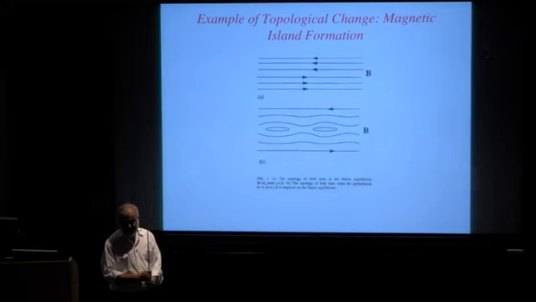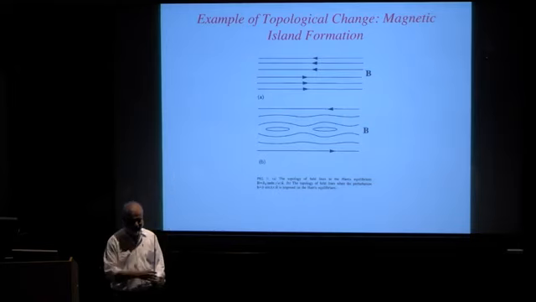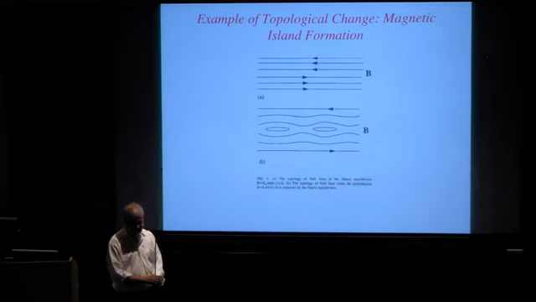Well, suppose you have a metallic conductor, which has a finite amount of resistance. And you put a magnetic field there, and if you have studied electricity and magnetism, you know that magnetic field lines will diffuse in the system. So what is the difference then between simple diffusion or dissipation and reconnection?